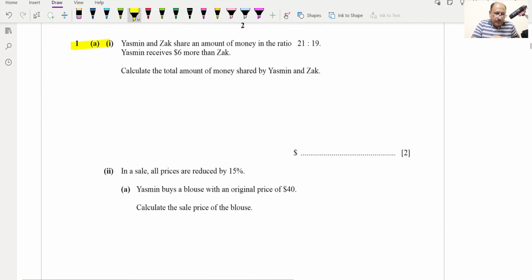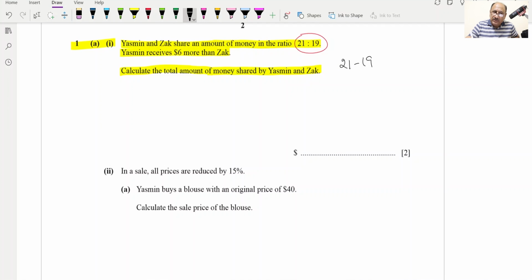Question number 1a says Yasmin and Zak share an amount of money in the ratio of 21:19. Yasmin received $6 more than Zak. Calculate the total amount of money shared by Yasmin and Zak. So this is basically the ratio, and the difference of ratio we can write